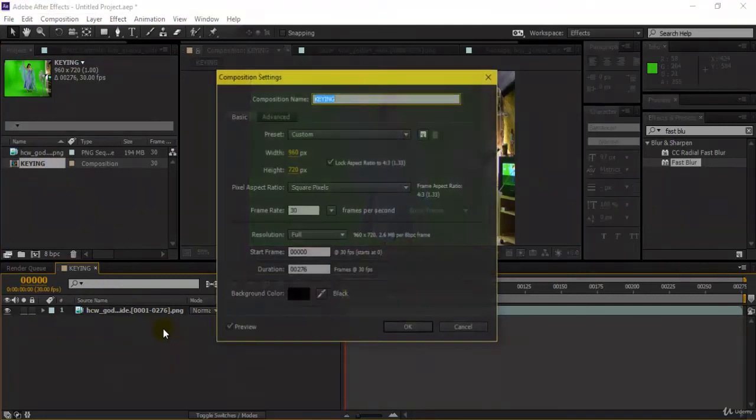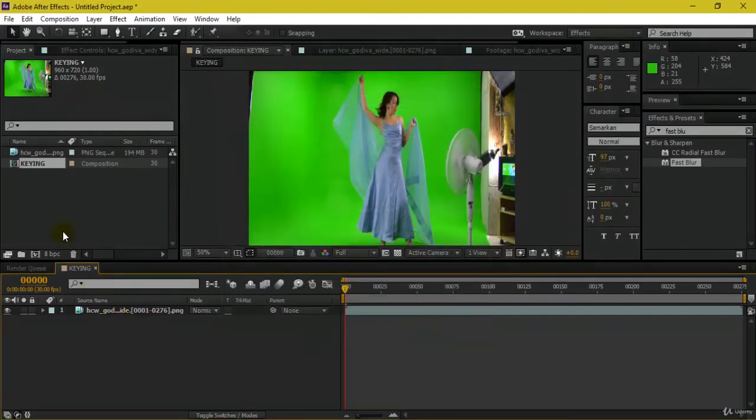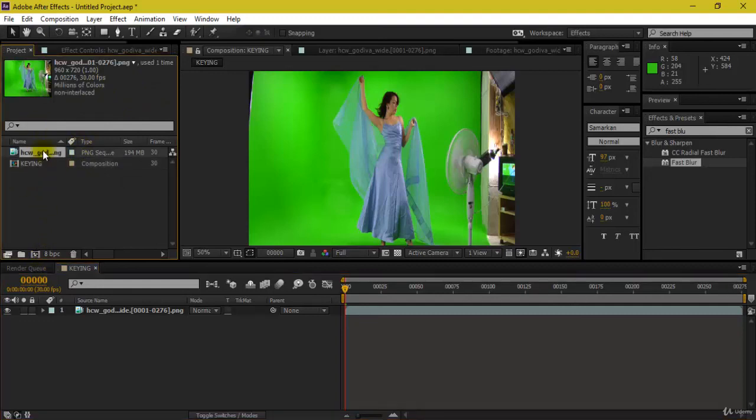If I see the composition settings, this is around 960 by 720, which is the original dimensions of my image, with 276 frames, and the frame rate here is 30 FPS, frames per second. So by dragging and dropping it here, this composition has automatically taken the settings of our footage, which was this.